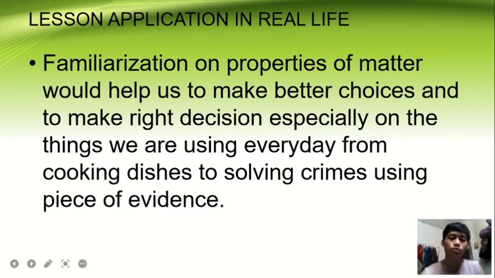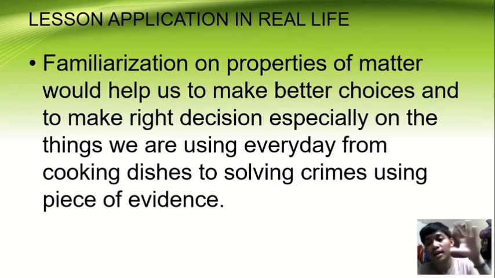So first, cooking dishes. What kind of property does that belong to, physical or chemical? In physical, when you're cooking, of course you are going to slice the chicken or the meat you are going to use. Then of course, mixing the materials for the cooking. And for chemical,